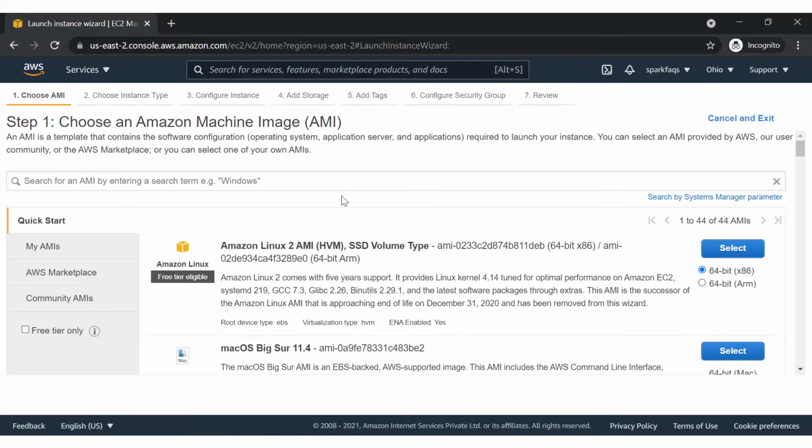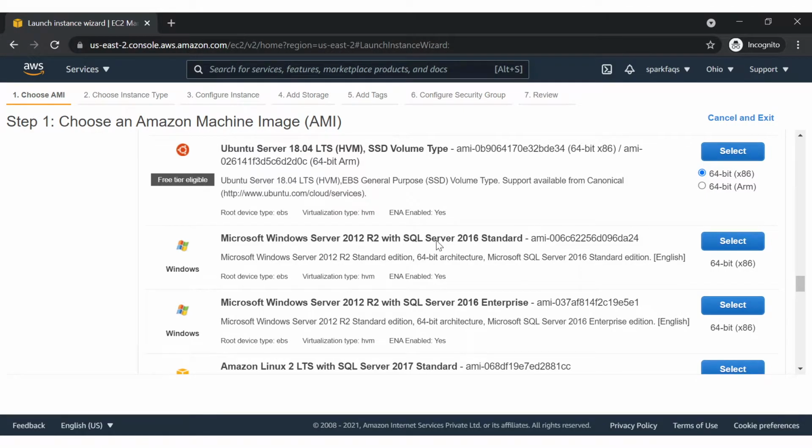Once you launch an instance, it will show you the AMIs, which is nothing but Amazon Machine Images. These are the available images, and the images have the operating system basically. Using the images, we will create virtual machines. I'm going to use the image which has the Ubuntu operating system. I'll scroll down to search for that. You can search here for Ubuntu, or just scroll down to find the image which has the operating system you want. I'm planning to go with Ubuntu Server 18.04.